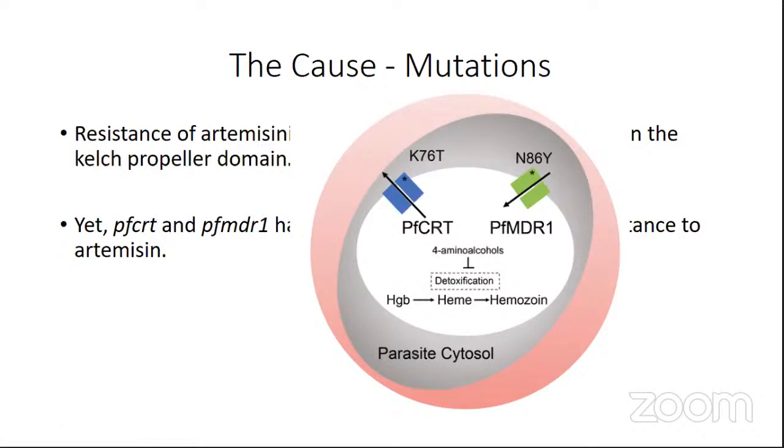But PFCRT and PFMDR1, which are DV or digestive vacuole membrane proteins, it's thought that the PFCRT transports drug out of the DV, while the PFMDR1 transports drugs into the DV. Now, the mutation in the PFCRT is essential to chloroquine resistance, while that in the PFMDR1 is essential to augment also chloroquine resistance. A mutation in these transporters has been found to mediate a resistance of artemisinin,